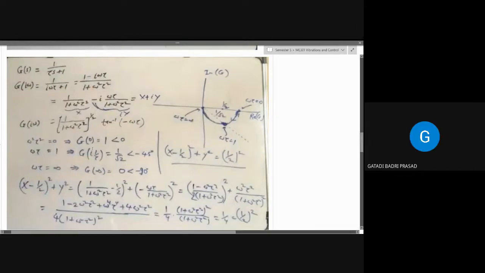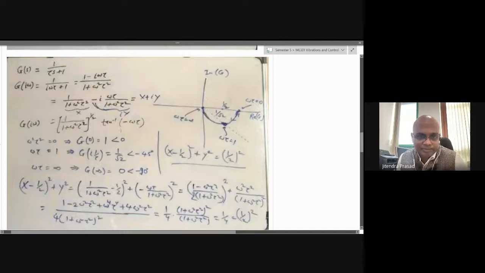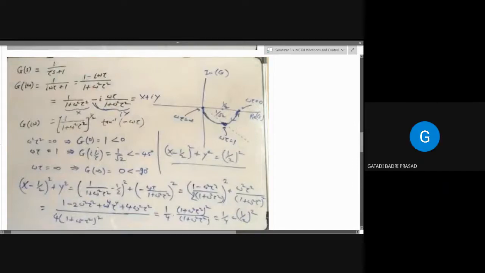Okay, sir. You have drawn this plot, and we have taken the slopes from these angles, right? At g of 0, the angle is 0, but we have taken here something else. For the circle, it has to be 90 degrees to cut it like this here, but the angle is 0 here, and you have taken this at g of infinity as minus 90. This is right according to this, but here the angle is 0 and this angle doesn't suit here. I think it has to be something like this.